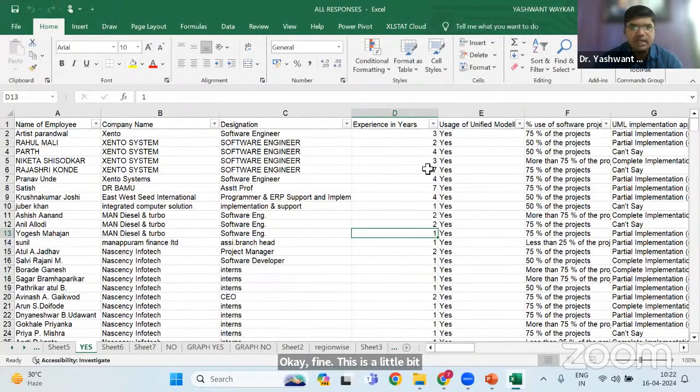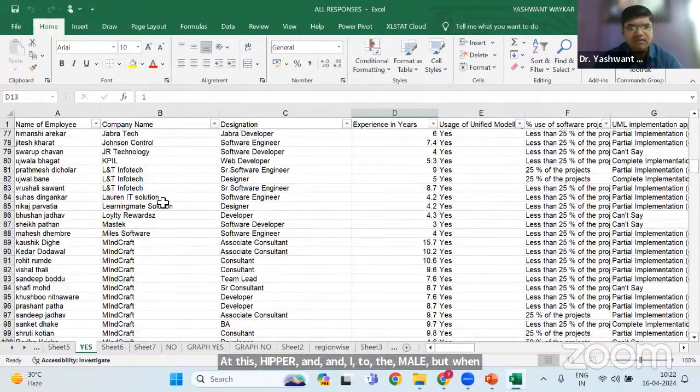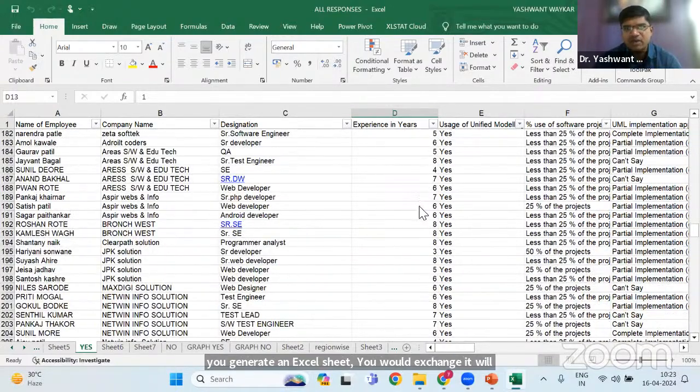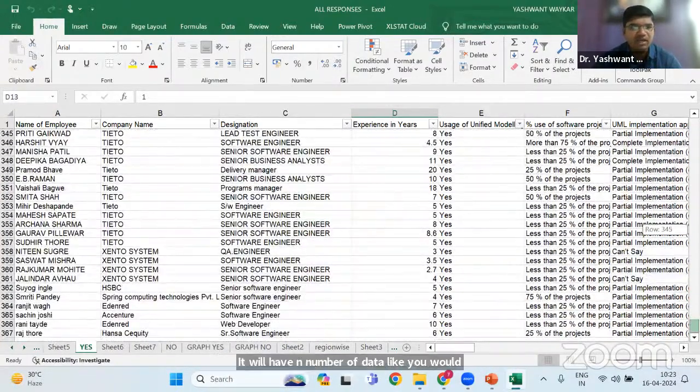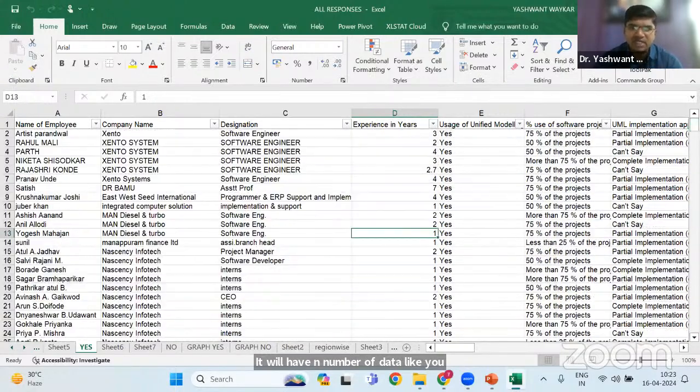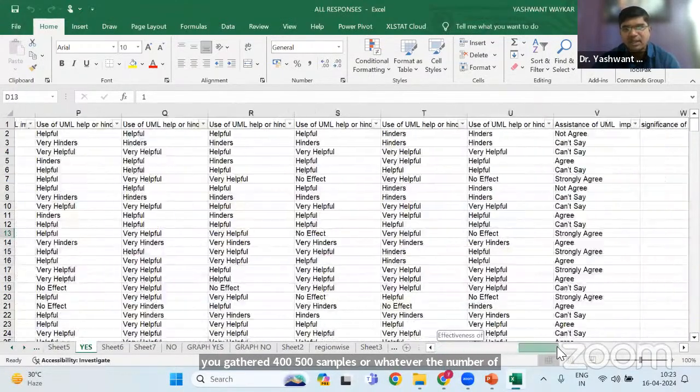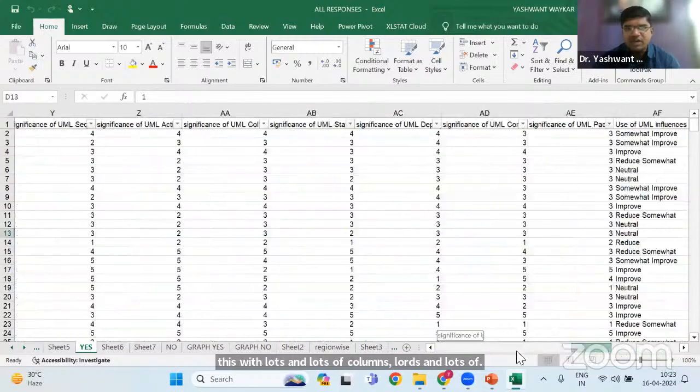So whenever you get information through a Google form, you will generate an Excel sheet, right? Up to this point, everyone knows. But when you generate an Excel sheet, your Excel sheet will look like this. It will have n number of data. If you have gathered 400, 500 samples, or whatever number of samples you have gathered, your data will look like this, with lots and lots of columns, lots and lots of rows, and different kinds of data,